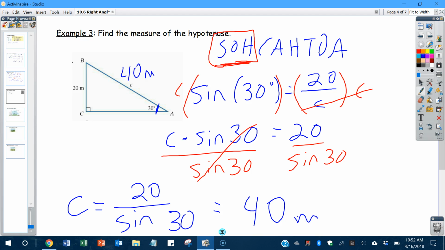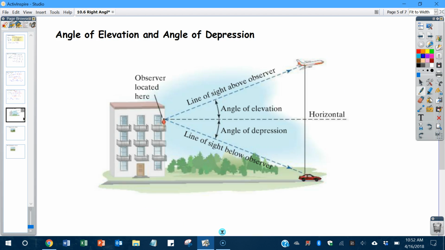Put the meters there. So these formulas are really useful for finding out missing sides if you need to, or if you just need to identify the sine for some other reason. So now we're going to look at a common application of trigonometry. There's a concept called an angle of elevation or an angle of depression, which you can use to